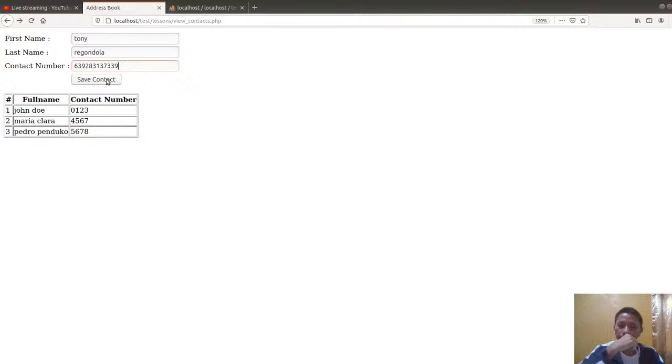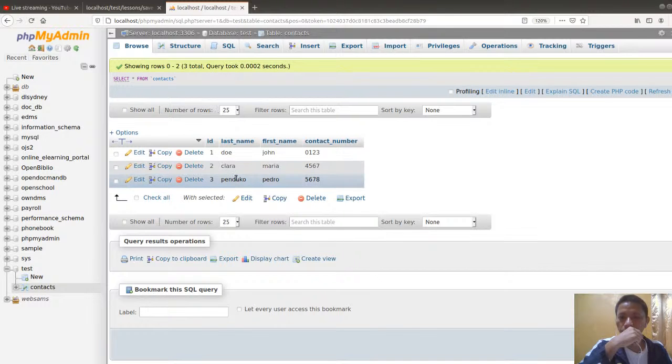Okay, when we click save contact, we still have this because we printed it by using the echo command. And then let's try to check directly into our database if from these 3 records it